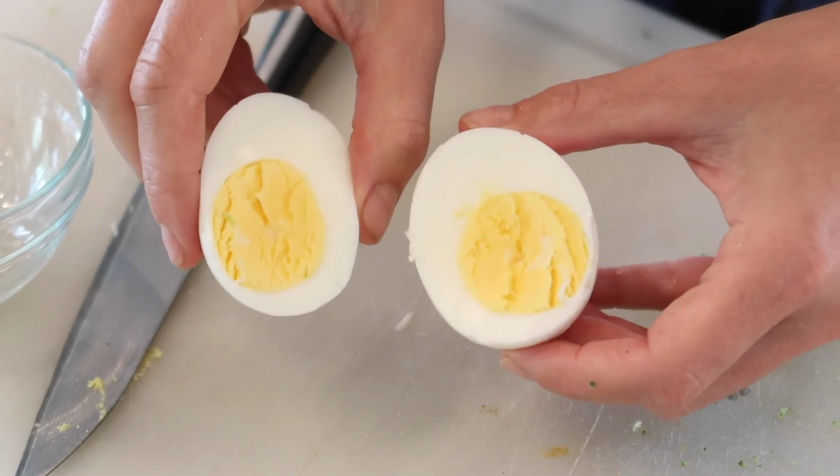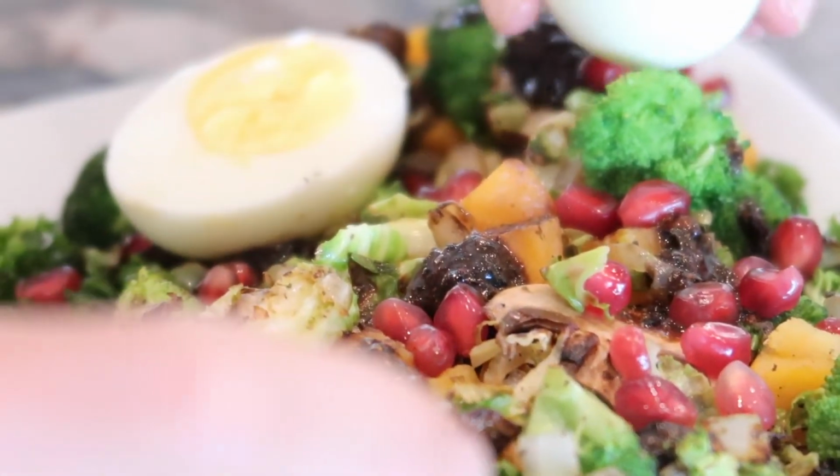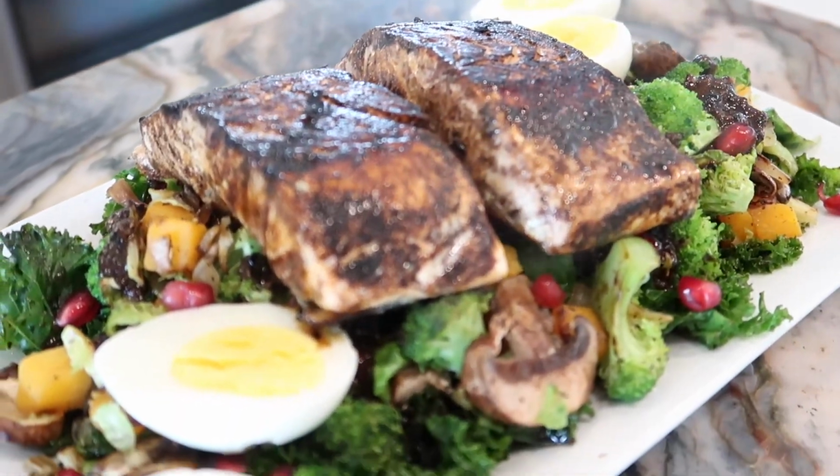I'm going to peel the eggs, cut those in half, set them on top of it. I'm gonna drizzle it with pomegranate blueberry vinaigrette. Once everything is plated, then we'll drizzle the remaining dressing on top of the dish. It serves 2 people, and it's a beautiful